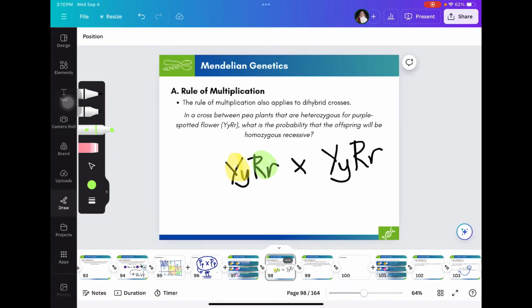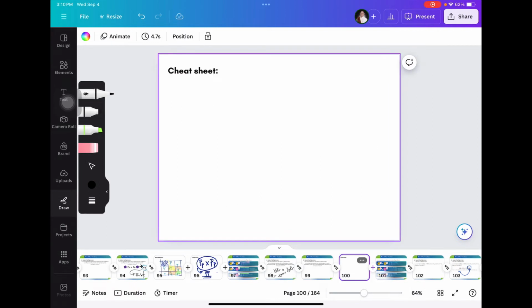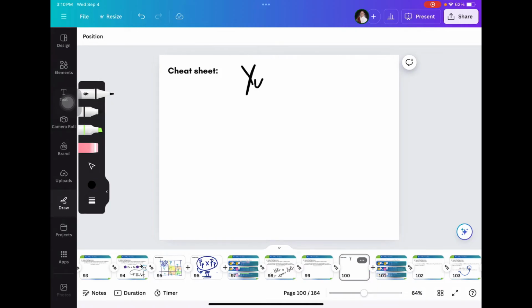So the question is asking, what are the odds that these two parents will be producing an offspring containing homozygous recessive, right? Now, you can actually create a Punnett square and you will arrive at the same answer. But supposedly that this is an examination, you no longer have time to create a Punnett square. And that is the time where our cheat sheet comes into play. First, determine the parents. Parents are technically heterozygous, right?